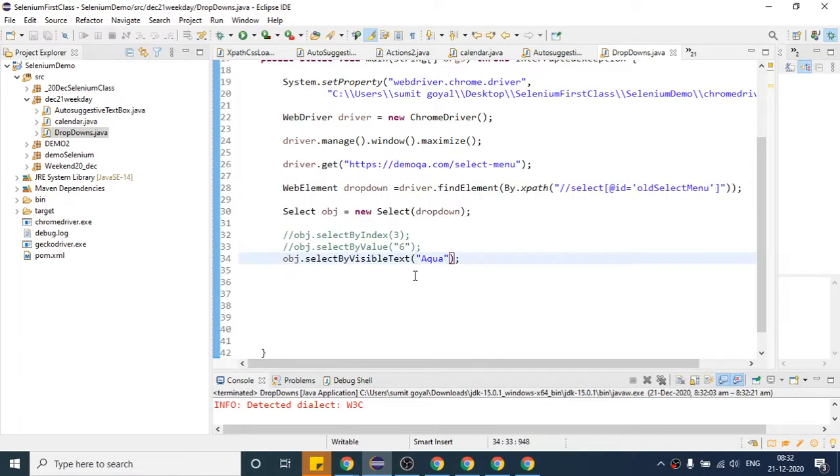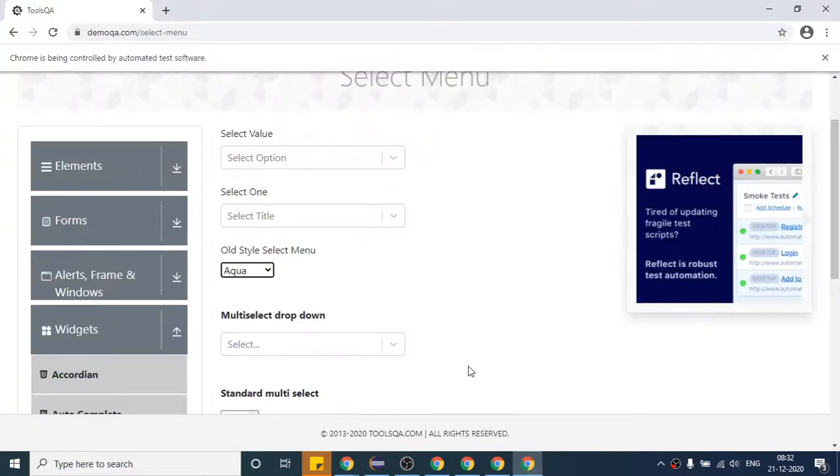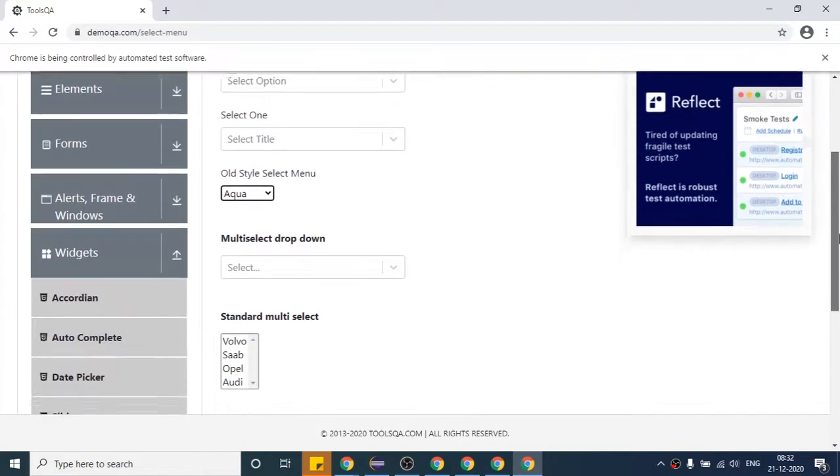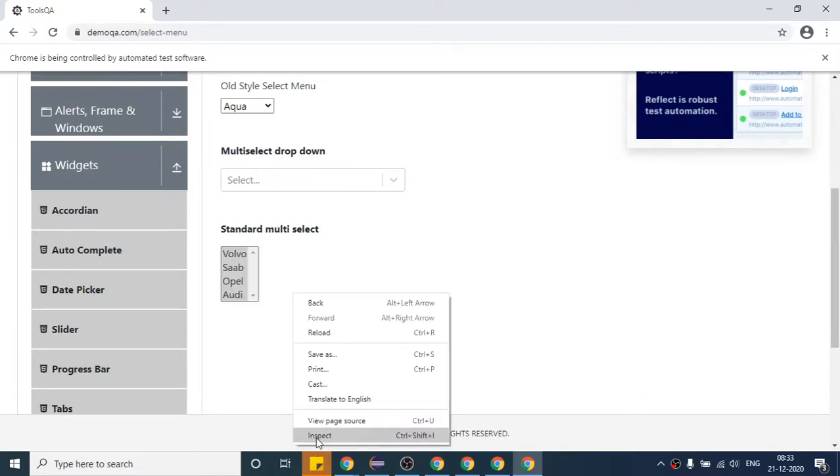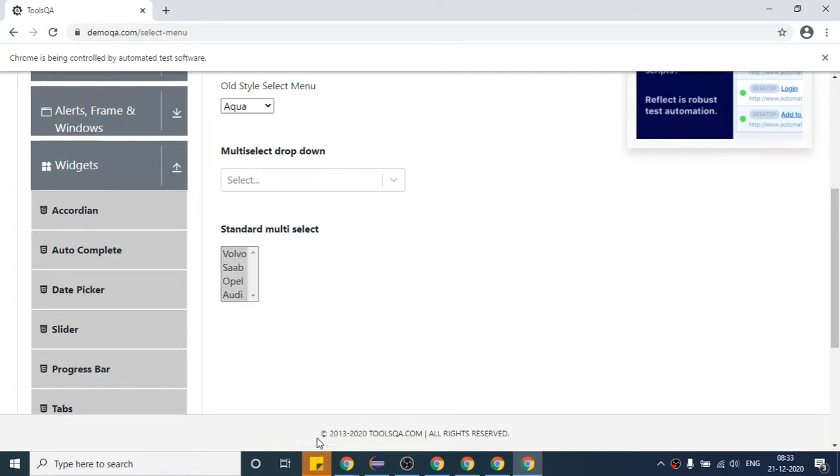So if I talk about this drop down, suppose this one. Here, if I select this, and after pressing Control from my keyboard, if I click this, this will also be selected. So basically it is a kind of drop down where you can select more than one. If I can select like this, so with the help of the Select class, here I think send keys will not work.